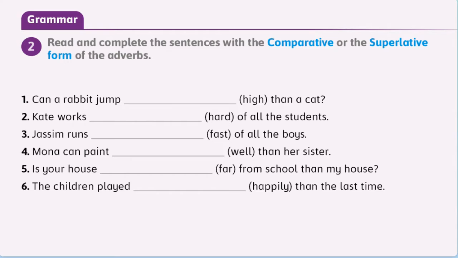And we will revise also the grammar about comparative and superlative cases of adjectives and adverbs. Like you say, higher than, the highest, harder, hard, faster, fastest, well, which is the adverb of good, that can be better in comparative, superlative, which is best, far, further, or farthest. Also, we have the adverb happily. When using it in comparative, it will be more happily, and in superlative case, it will be the most happily.